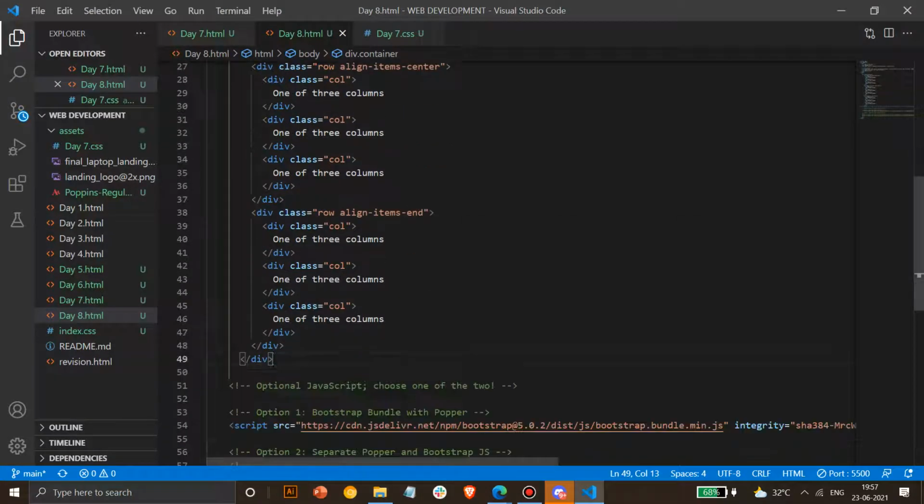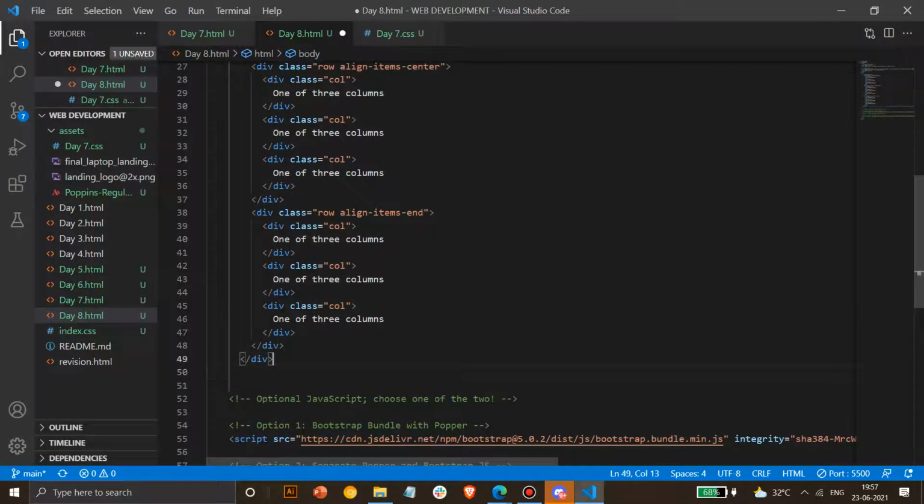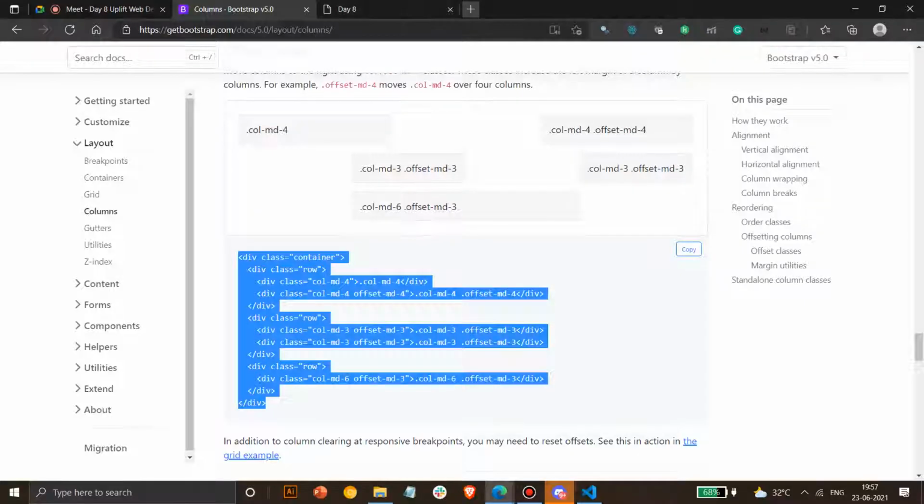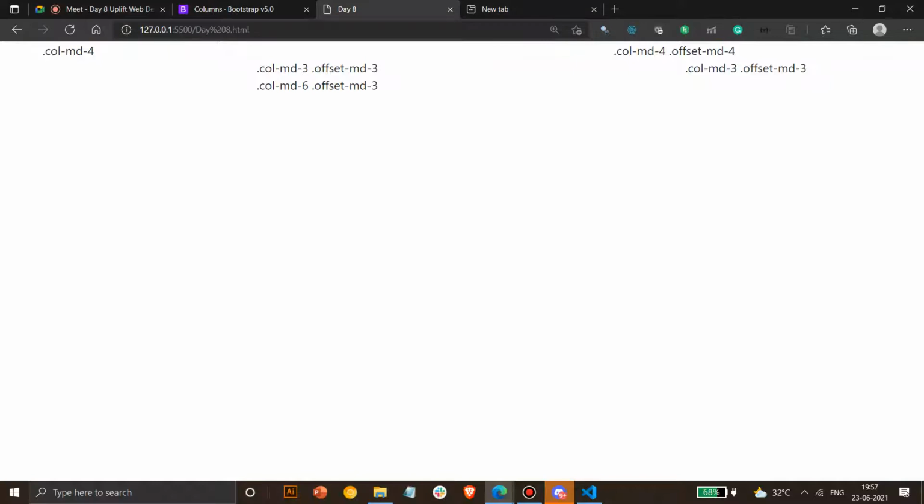If you want to see, I'll just add this also, you can see it here. So it starts from 3 units here and then starts from 3 units here, so total 6 units. It leaves 3 units here, and 3 units here. Same thing, col MD4, it will start from the center if you don't give an offset. Offset basically moves with the number of units you want it to move. In starting, if you don't want 2 units, you just specify offset MD2 or offset 2, and it won't take these 2 units, it will start from the third unit directly. So the count starts from 3.